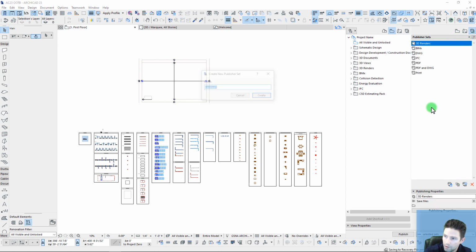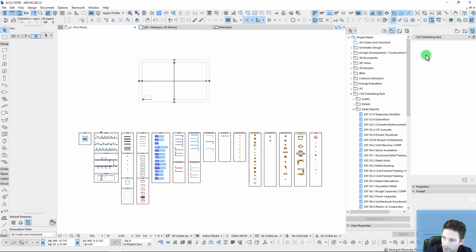We'll back out of this and we'll create a new publisher, and I'm going to call this once again C5D estimating pack. So now that we've got that, we'll just create a new folder here, and in this case I actually want to call this something specific. I'm going to call this cost reports